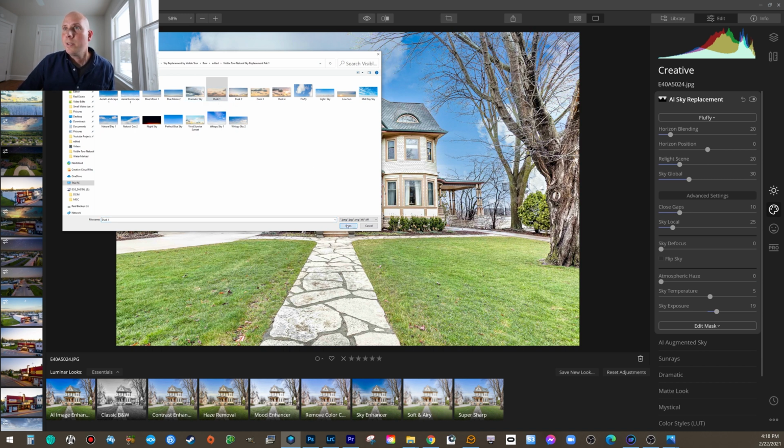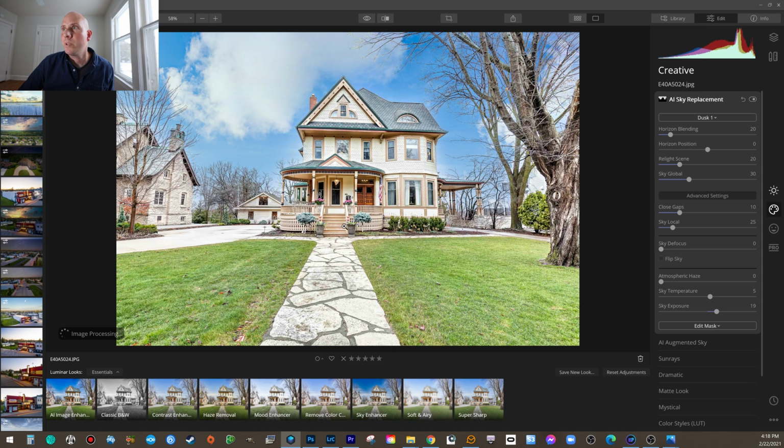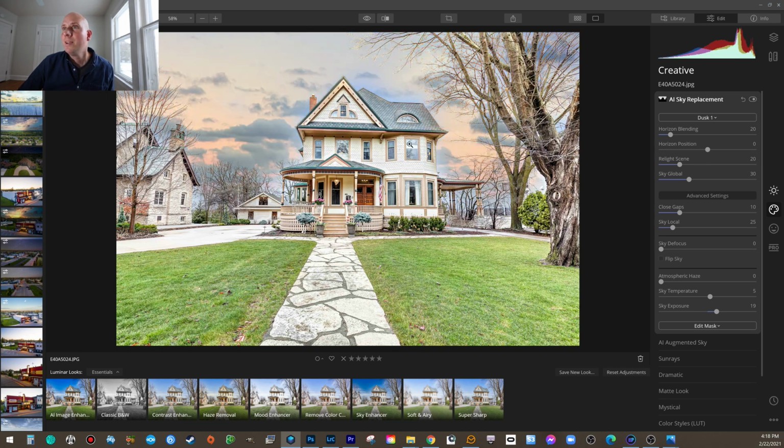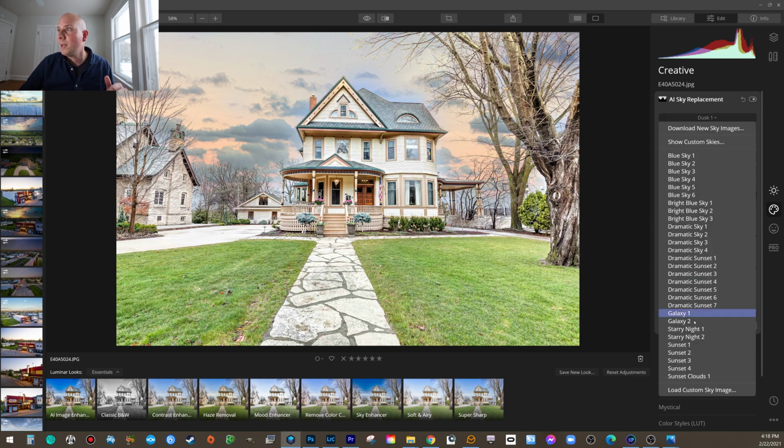Dusk 1. I have to remember what these look like here. Dusk 1, okay. So this might look a little bit better if we used it near the horizon. You know, so if it was a drone shot, the horizon might show it off a little bit more. We'll go over to,